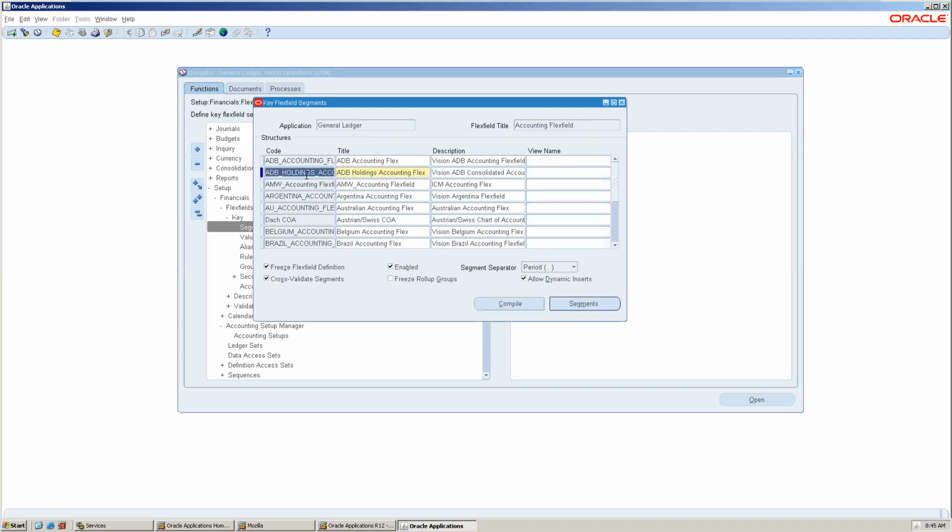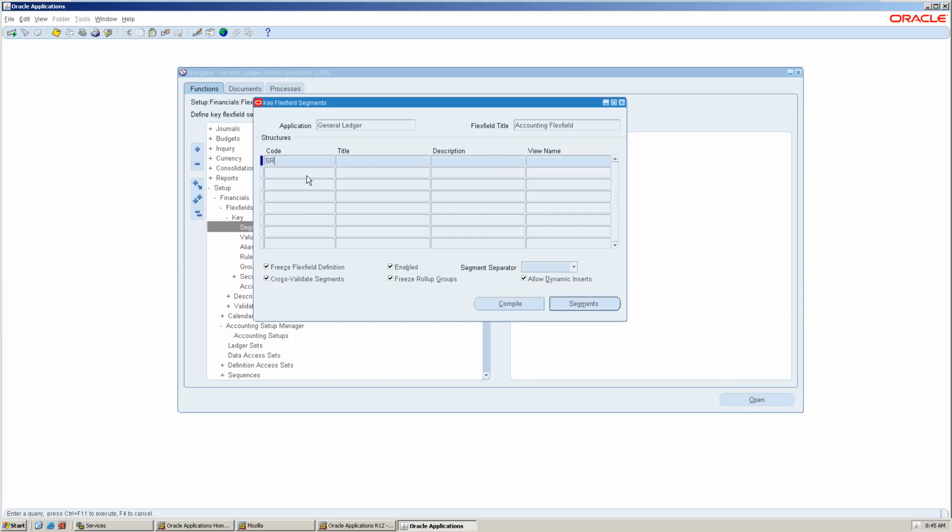So here you will create all those segments. Here I already created mine. You can see, sir, percentage. Whenever you create, put your initial first. So whatever you create, it will be created.